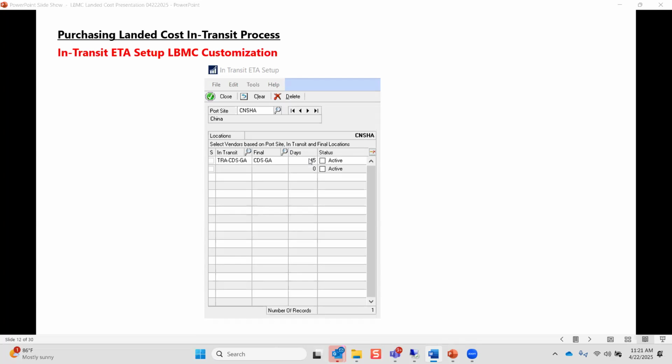So coming from China, once it goes on the water, it would come into one of your final destination locations, and it would take on average perhaps 45 days. You can have multiple locations that your product travels to. Oftentimes people don't have just one location. They have 4 to 6 stocking locations that they could have all over the country. And that depends on when the product comes in, how long it is going to take to actually get there. This window is specific to how the next step works